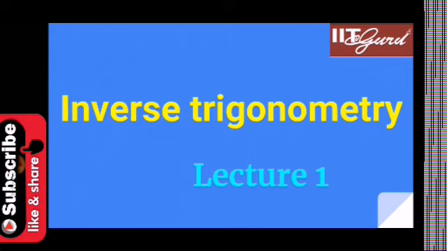Inverse trigonometric function is also part of inverse function. Although the inverse of any function exists if the function is bijective, either one-one and onto. But we all know that of the 6 trigonometric functions we discussed, sine, cos, tan, cot, sec and cosec, 3 of them are sine, cos, tan, and 3 of them are reciprocals of them. So these functions are periodic in nature, and you all know well that periodic functions can never be injective. It is a many-one correspondence. So as the function is not injective, it fails the condition for bijective, so its inverse does not exist.